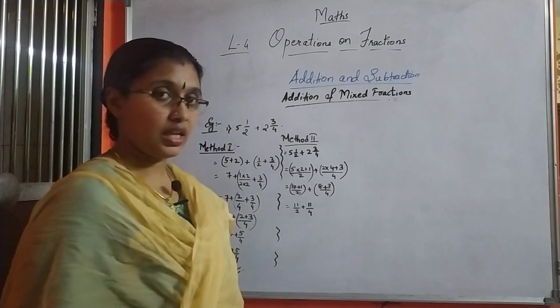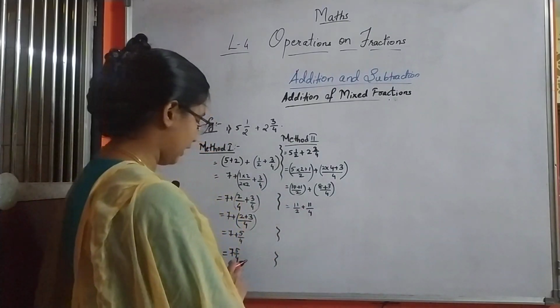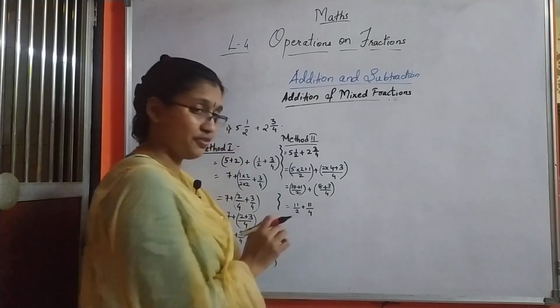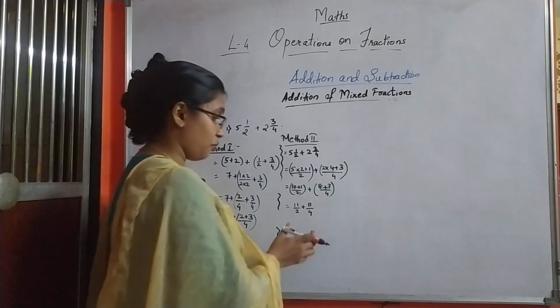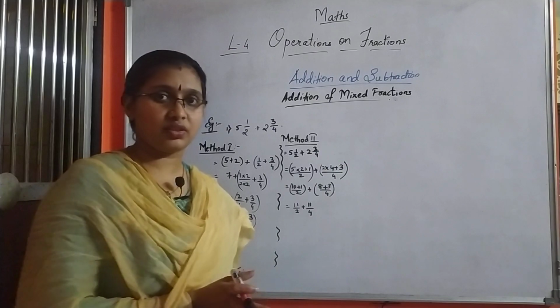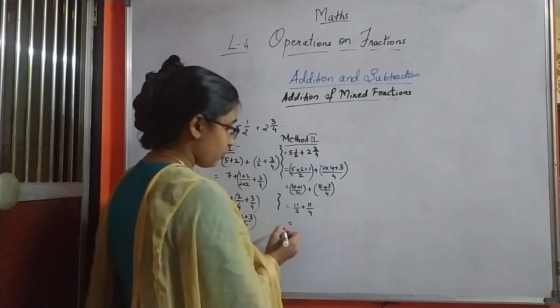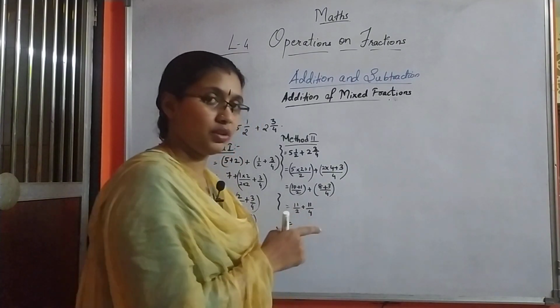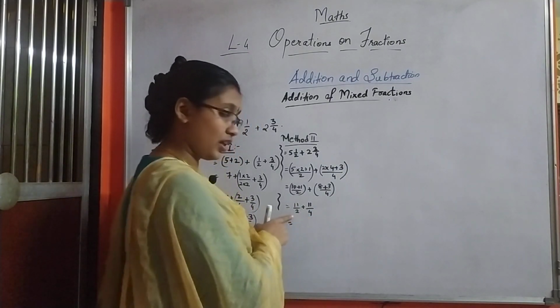I got the answers, but this is not the end answer. We need a mixed fraction, but here we have two fractions again whose denominators are different. Again the same thing, we have to make the denominators common or same. So what to do? Check whether we'll get a number in another number's table. So 4 is bigger, so we'll check in the table of 2.